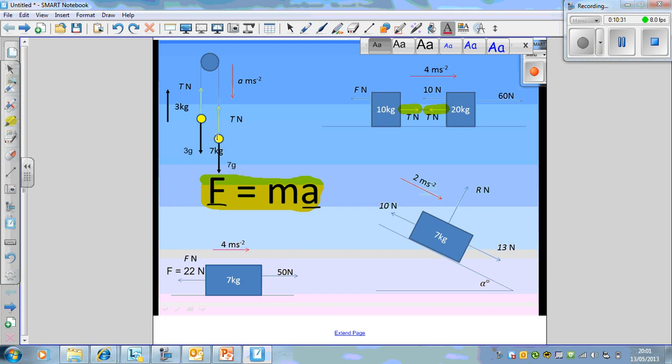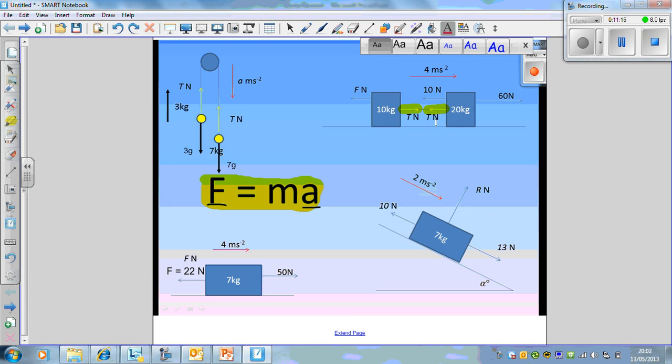Well, this is where, in this problem, we treated each object separately. Now here, we've got a problem, because F, the frictional force, which we want to find acting on that object, only affects that object. And we've also got T. We've got one equation: T minus F is going to be the net force for this object because it's travelling in that direction. For this one, we're going to have 60 minus 10 minus T, travelling in that direction. Now, we could do this by doing them separately, but I think a better way to do this,